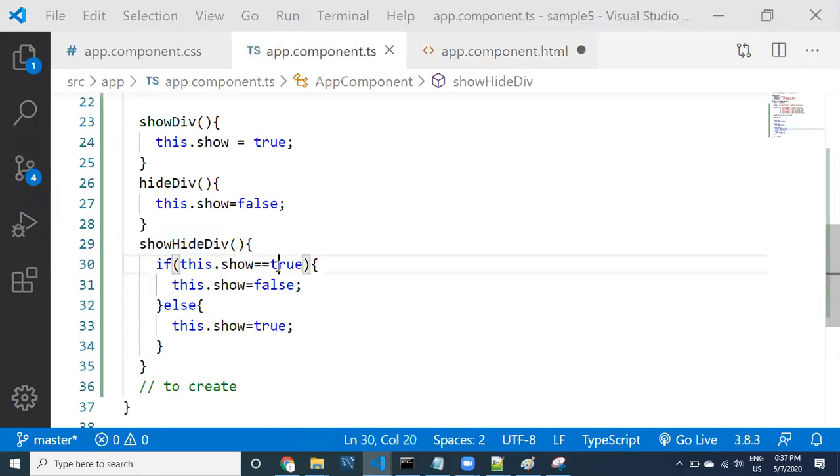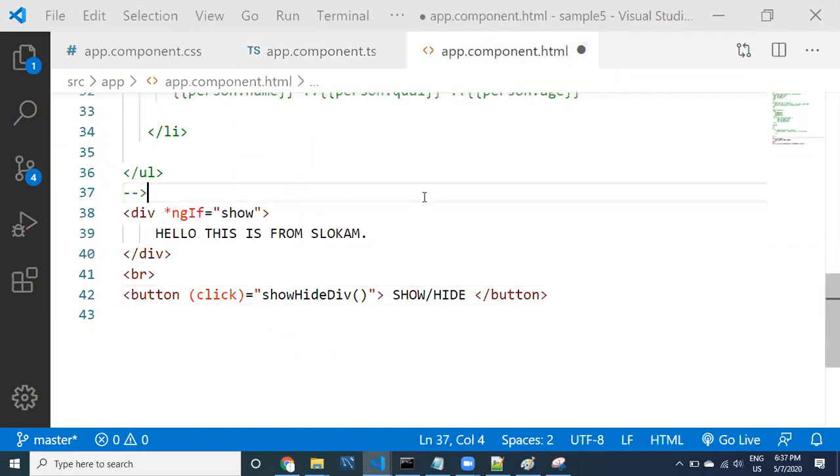If it is true, make it false. If it is false, okay. Just give me a second, guys. Right, it's working. I just forgot to save the file. Yeah, if I click on this, it's getting hidden, and then if I click on here, it is showing. Okay, this is how you can provide it, guys. You can provide it in this approach.